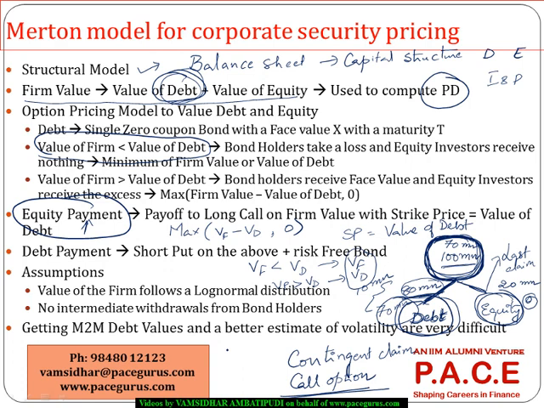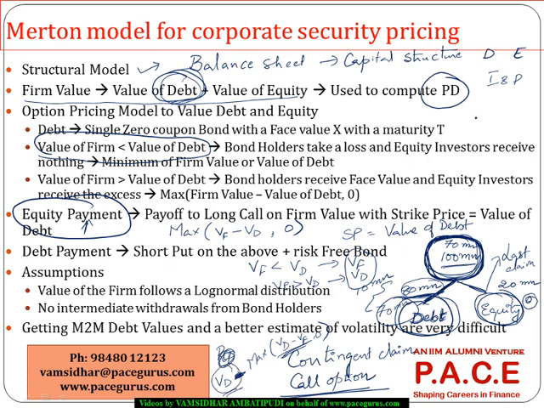Or in another way, I can look at it as he is getting a risk-free rate of return, which is 80 million, or he is getting his debt, value of debt, which is 80 million, plus or probably minus the maximum of value of debt minus the value of firm, comma 0. It means he will receive a loss to the extent by how much the value of debt is greater than the value of the firm. To that extent he is taking a loss, which means it's as good as he is having